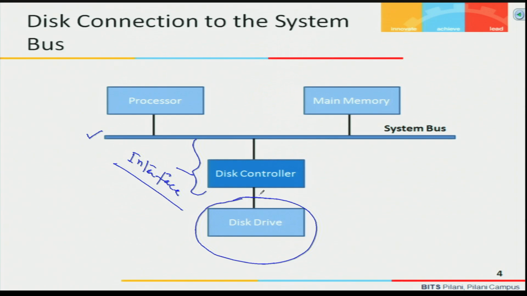A single disk controller can control more than one disk as well. So, you can have, let us say, disk 1 and disk 2. It is also possible that one controller controls 2 disks or more than 2 disks. So, you can see here the processor is not going to directly access the disk drive,